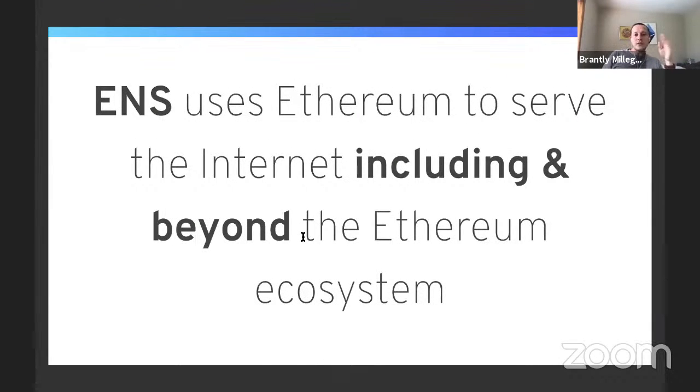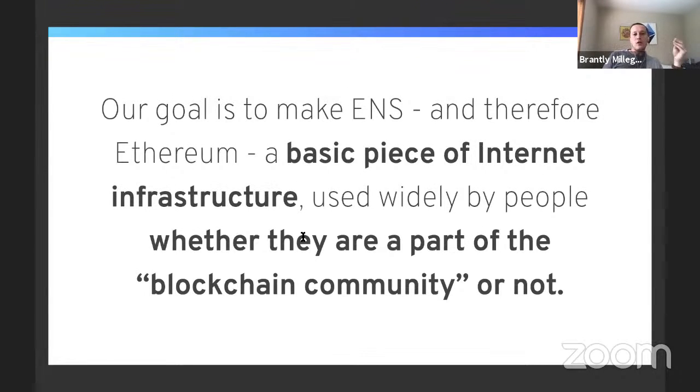So ENS uses Ethereum to serve the internet, including and beyond the Ethereum ecosystem. And our goal is to make ENS, and therefore Ethereum, a basic piece of internet infrastructure used widely by people, whether they are part of the blockchain community or not. This is our goal. As Richard Moore, who manages ethers.js, a popular library, said at last year's DevCon,